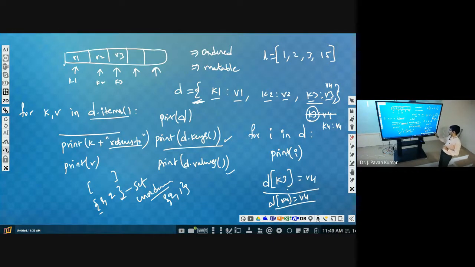Next, whenever we assign d of k4 is equal to v4, it is like adding this to the dictionary. That's it. Update means updating the present value. For this context also we can use update.